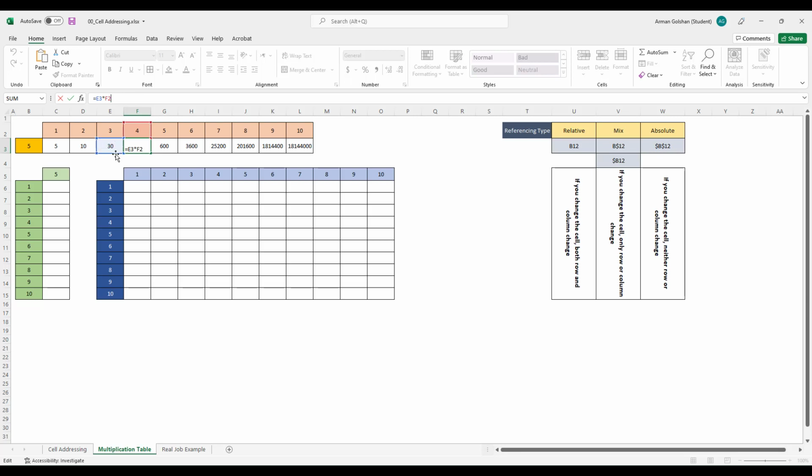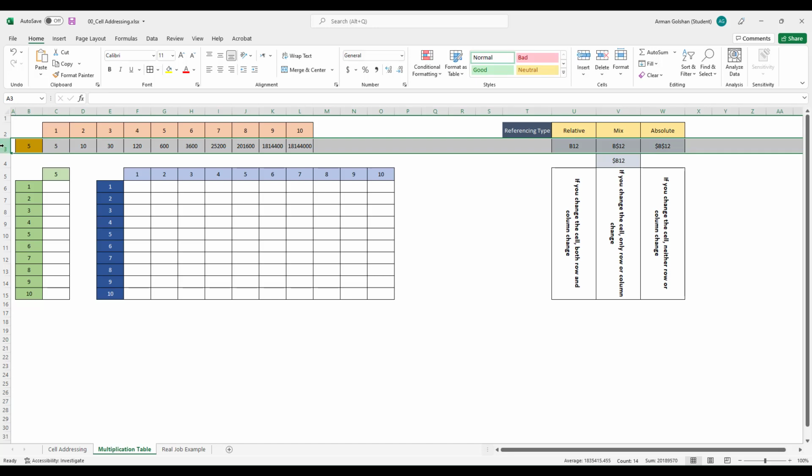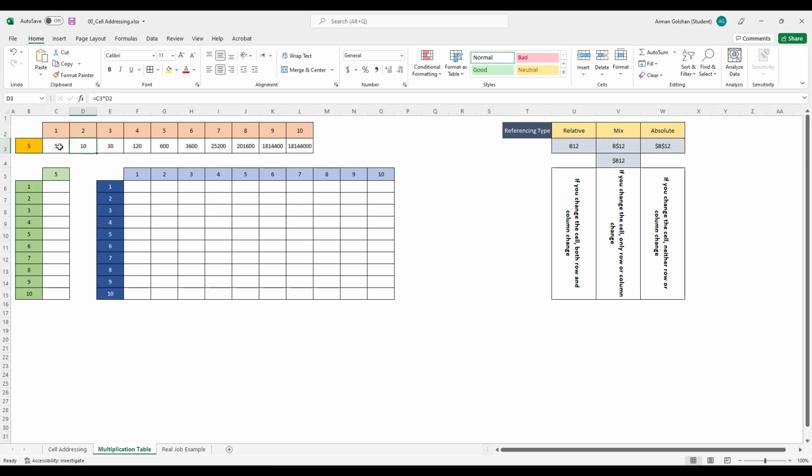no, I want this blue cell to always refer to B3. Okay? So if I go back here, just click here. I want this blue cell to always refer to B3. So in this row, number 3 is always fixed. The problem that is making for me is that B is changing to C, and then to D, and then to E, and the rest. Okay? So what I should do here is add a $ sign before B to fix it. Enter,